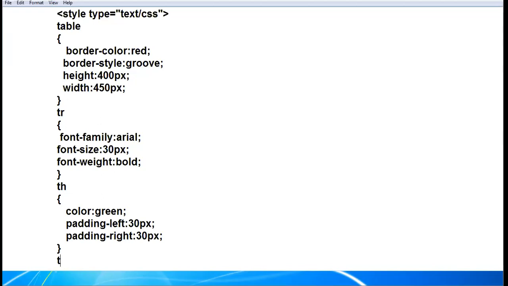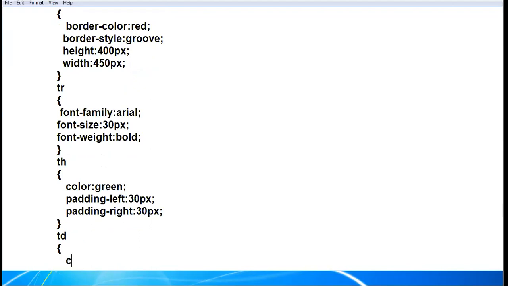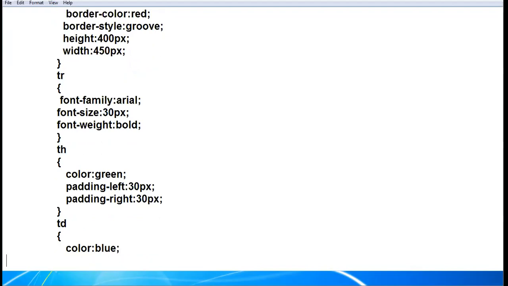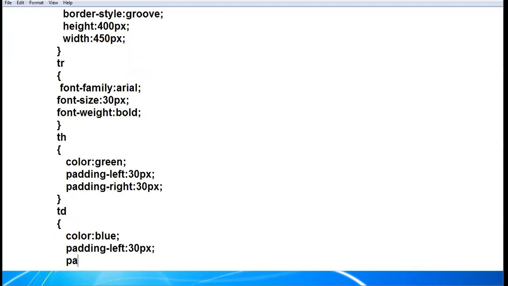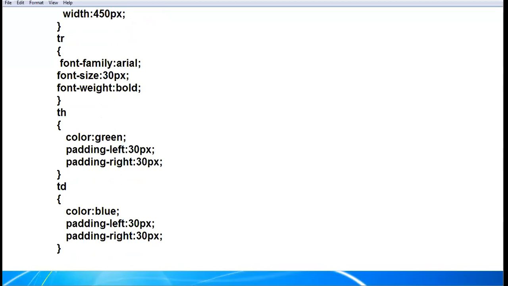Now the properties for td: I want the rest of the cells in blue color, padding left 30 pixels, padding right again 30 pixels. This was all about my CSS properties. I have set my properties.